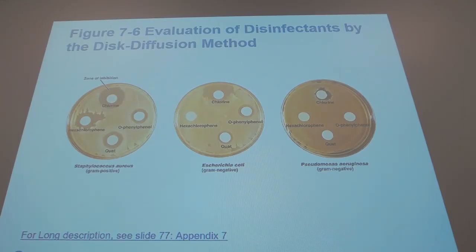Well, I don't have a cell wall that is as thick as the gram-positives, but I have two plasma membranes, and there I hold my weapons. I have my enzymes that help to destroy these disinfectants. So